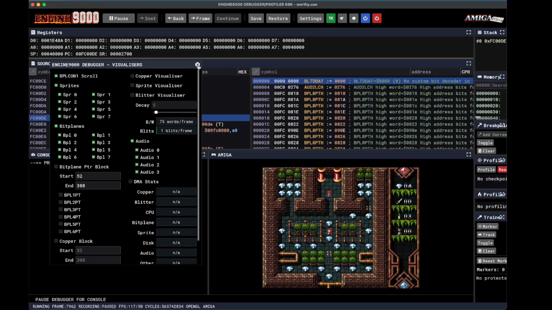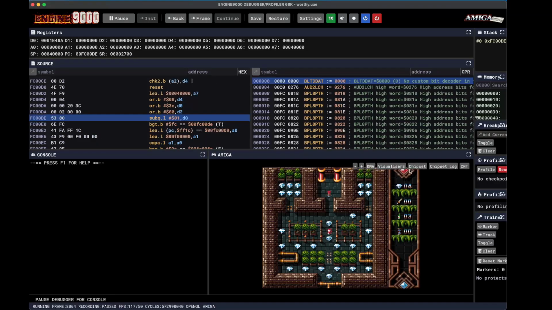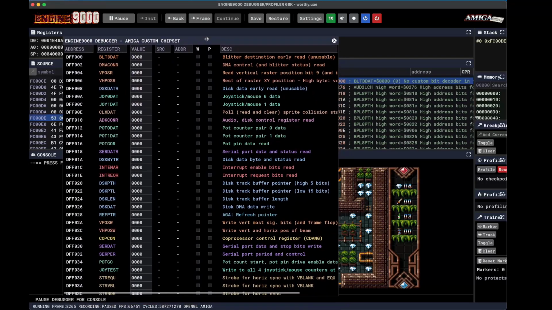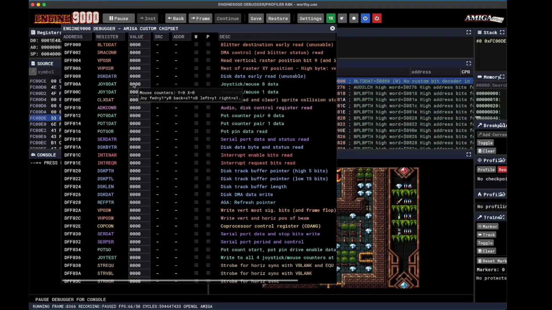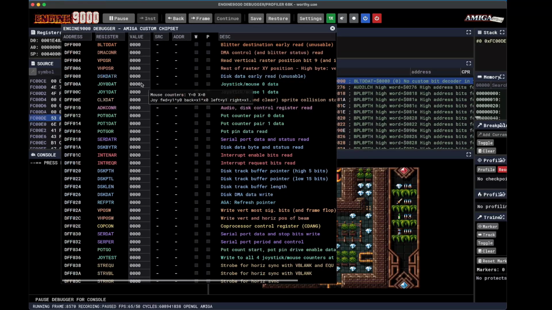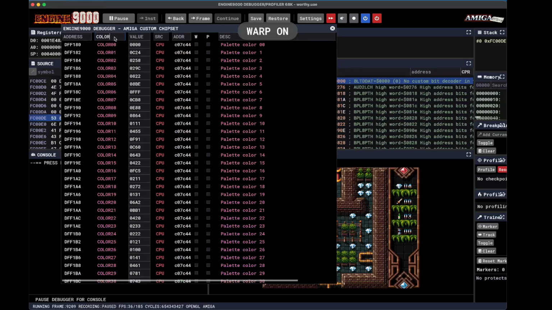Anyway, why are we here today? Well, we're going to look at a new feature, the chipset screen. So this screen shows us all the Amiga chipset registers, descriptions. We can filter on any of these columns. So for example, let's say we wanted to have a look at the color registers. We can see that in Worthy,